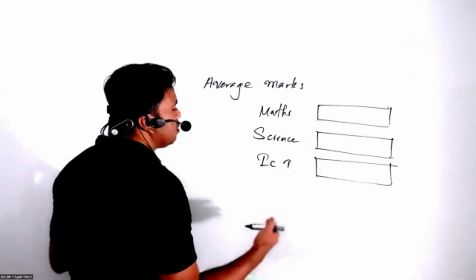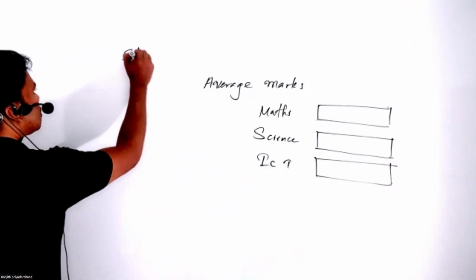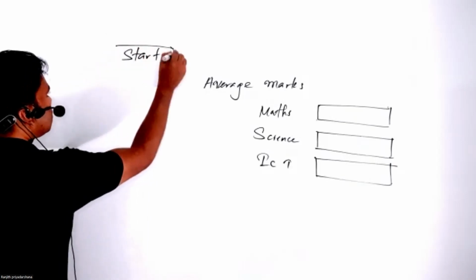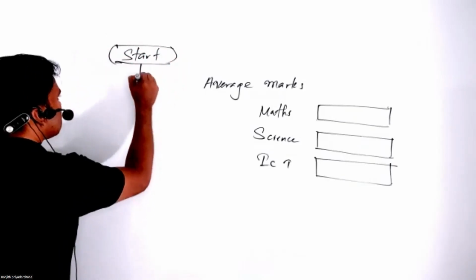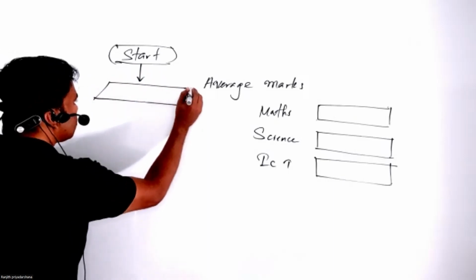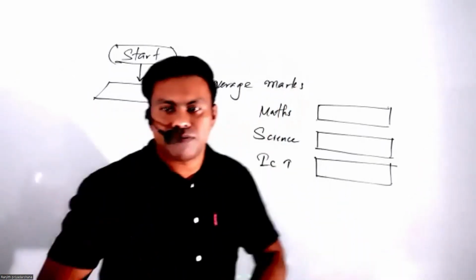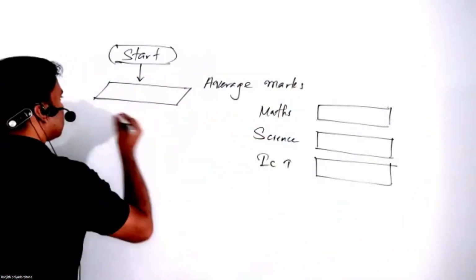Then you have to enter these values. So your flow chart starts. You have to take those inputs. What are the inputs you have to give? Marks of